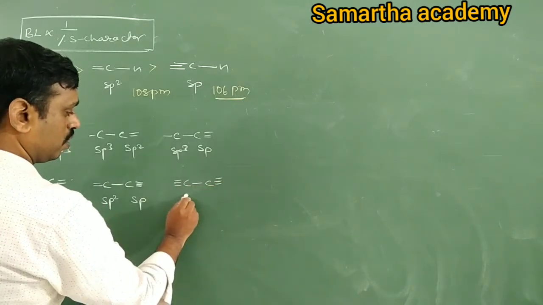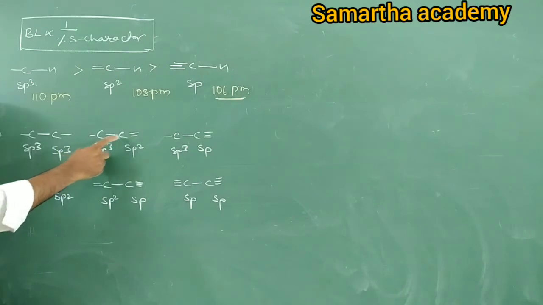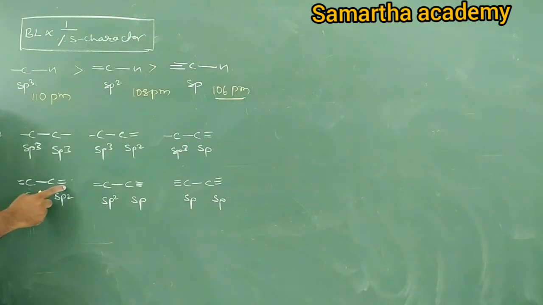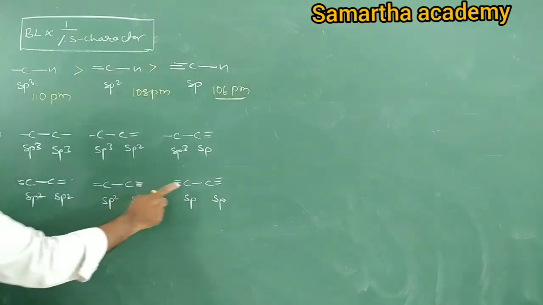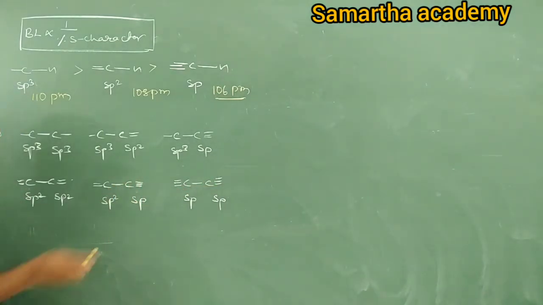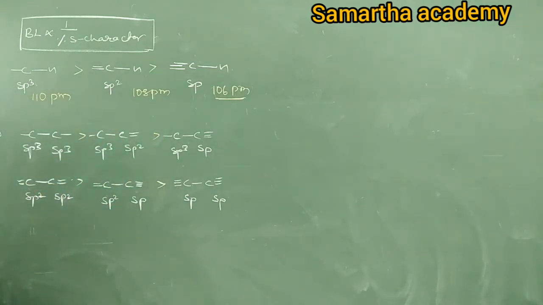Next, sp carbon, sp carbon. Come on, tell me what is the order of bond length? Here also same, no? sp3, sp3. What is the percentage of s? 25, 25. Here 25, 33. Here 25, 50. It is 33, 33. 33, 50. 50, 50. More s character in both the carbons, less bond length. It is the order of bond length. You understand? So bond length can be compared with the percentage of s character.